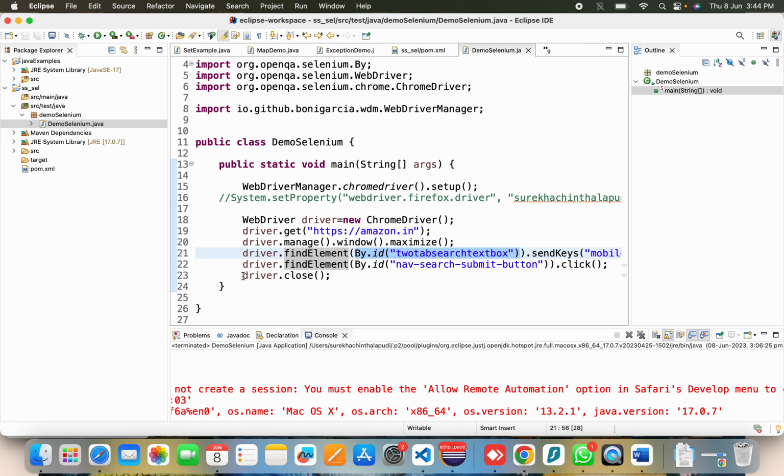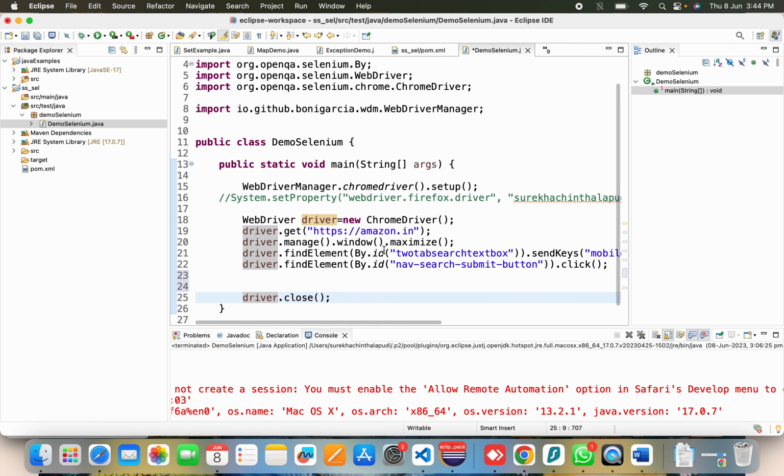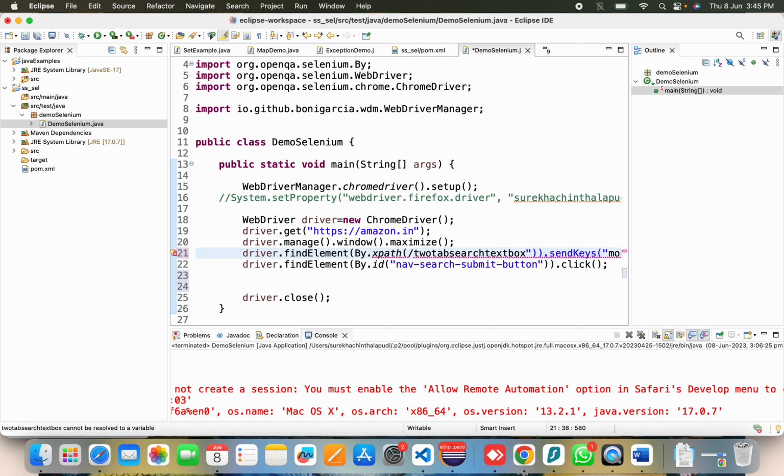Now if I want to do it with XPath instead of this, by dot XPath, and my formula is two front slashes, input tag is my tag, at the rate id equal to